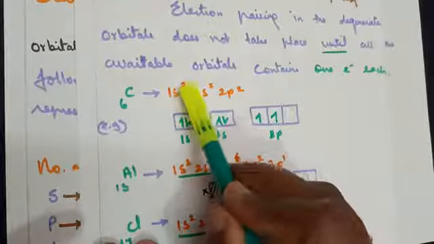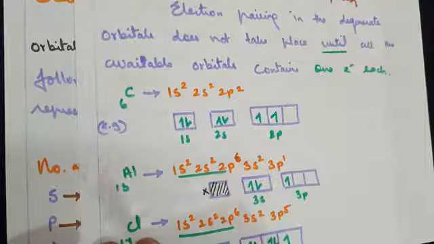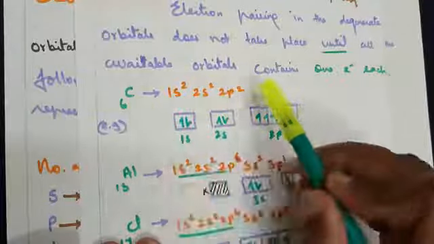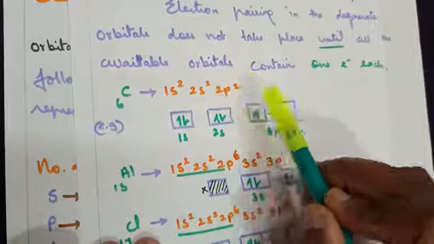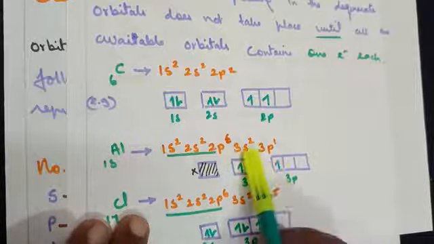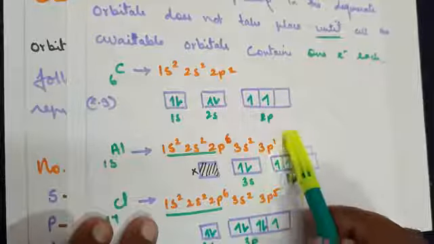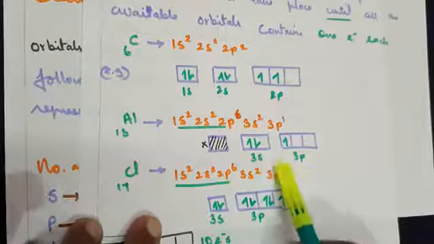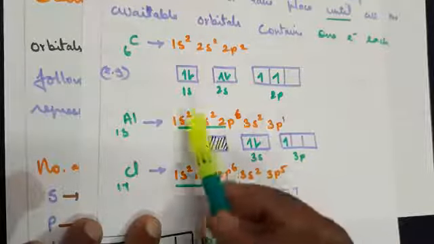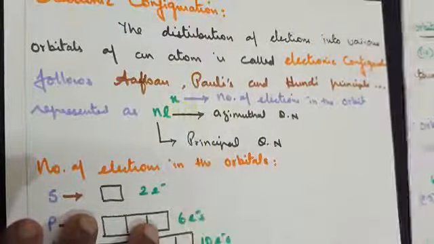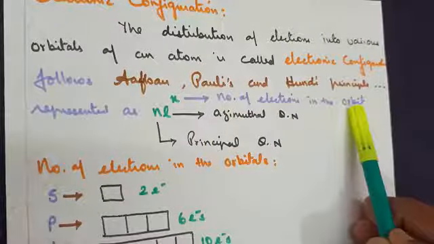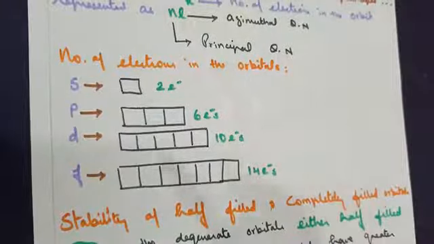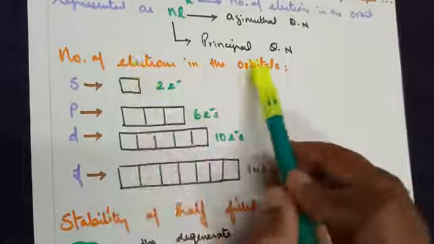For example, the s orbital can have 2 electrons. In case of carbon, the p orbital has only 2 electrons. In case of aluminium, in the third energy level, the p orbital has only 1 electron. In case of chlorine, in the third energy level, the p orbital has 5 electrons. So no matter which energy level you take, the numbers written above stand for x. They in turn stand for the number of electrons in that particular orbital. One more clue to remember: the number of electrons in the orbital.